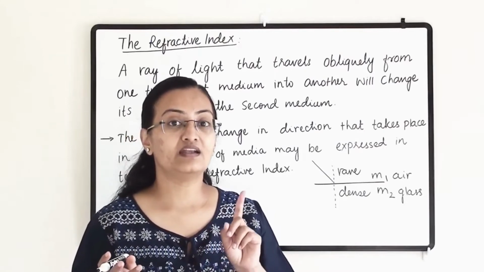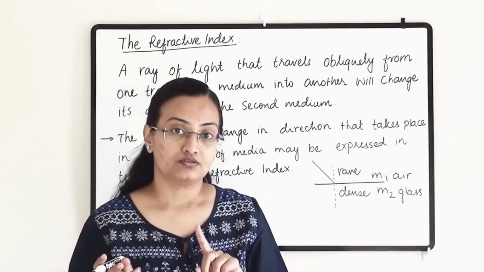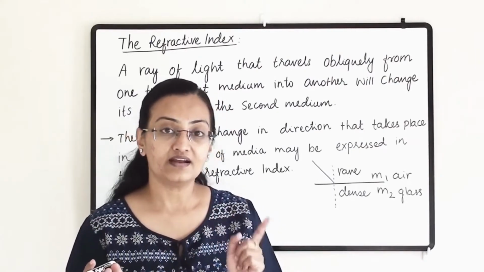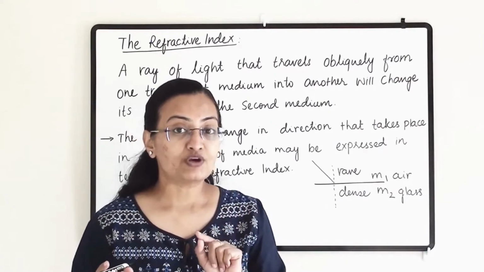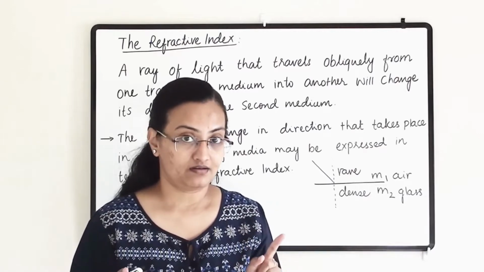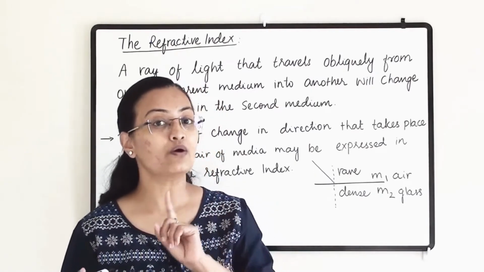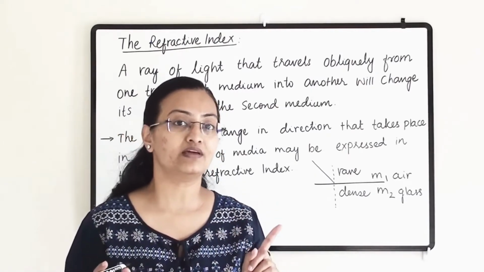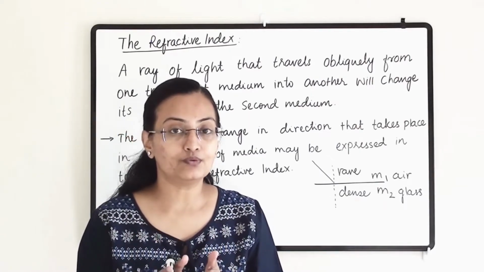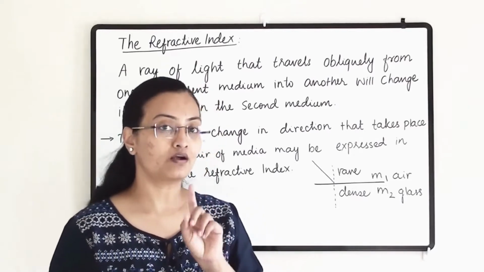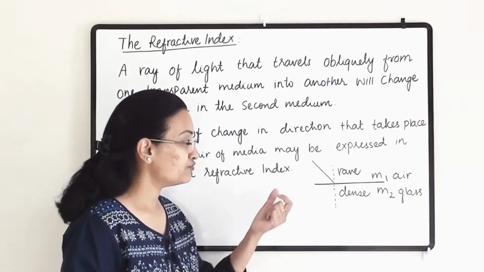Now when we are taking air and water, water will become denser and air will become rarer. But water is denser because the other medium is air. If we are taking water and oil, then water will become rarer and oil will become denser. So it is always relative, which two mediums you are comparing with each other and through which two mediums the